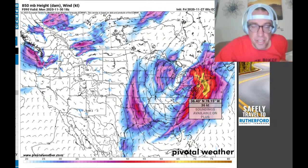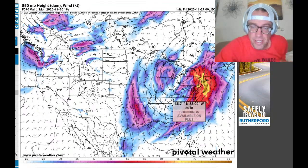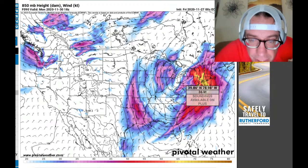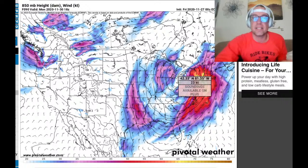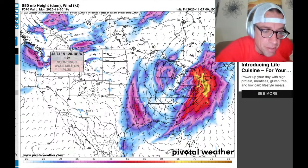So I'm going to either chase the severe weather across eastern North Carolina, maybe even northeastern South Carolina, and then retreat and cover the wind and snow squalls across the mountains of western North Carolina. And then there's likely going to be a stripe of snow just to the northwest of that 500 millibar low track. It looks like Detroit could get hammered. Cleveland's going to get hammered with lake effect and enhanced snowfall too off western Lake Erie. Southern Ontario is going to get hammered by this,